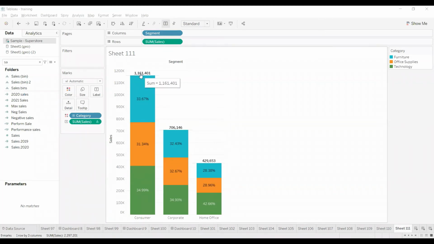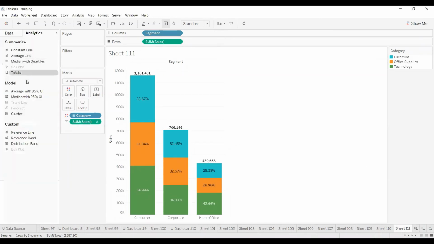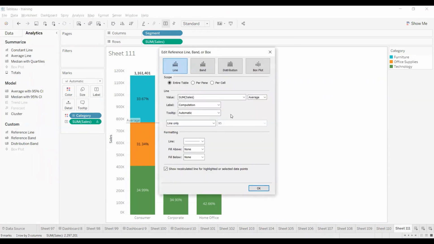So the reference lines, what exactly are they? Now I'm going to show that. Go to the analytics menu. Here we have already seen it at each cell level. Now I drag and drop reference lines. I'm taking it at table level, so it considers the whole view as a table.